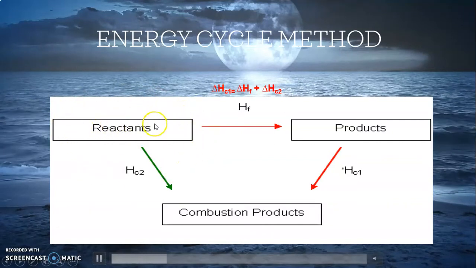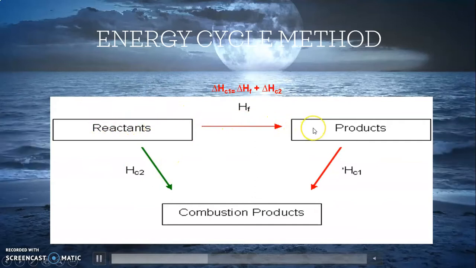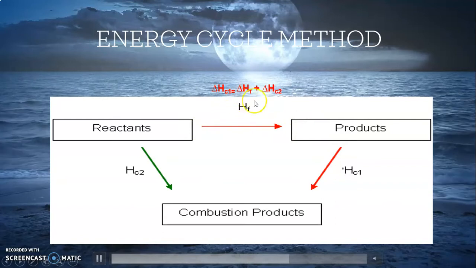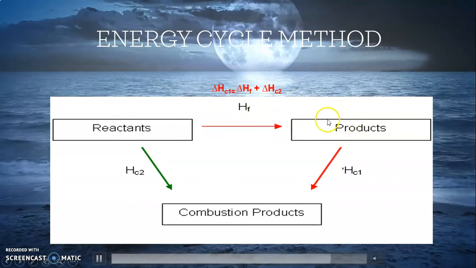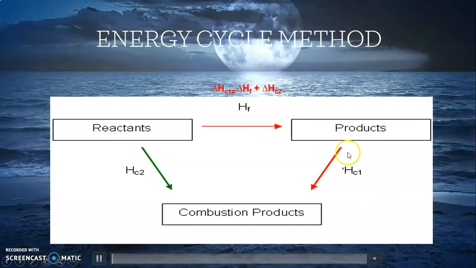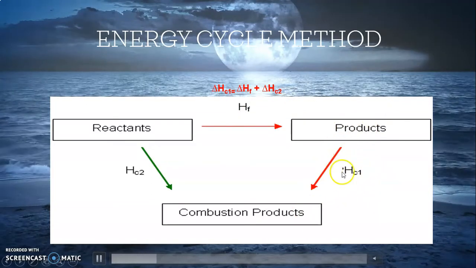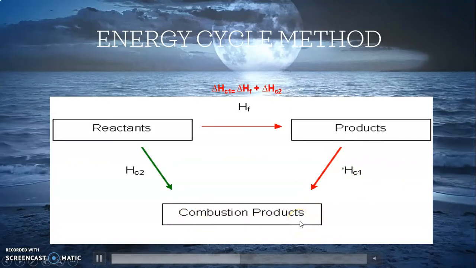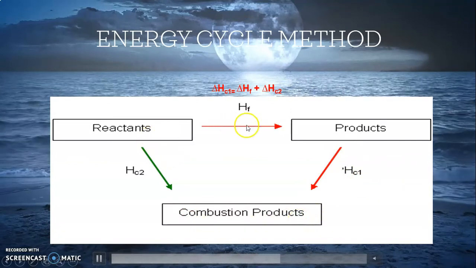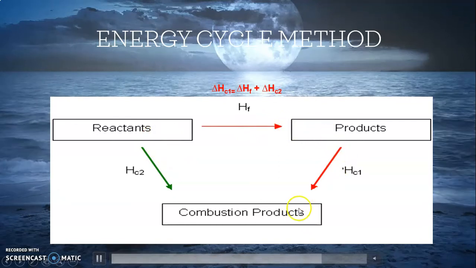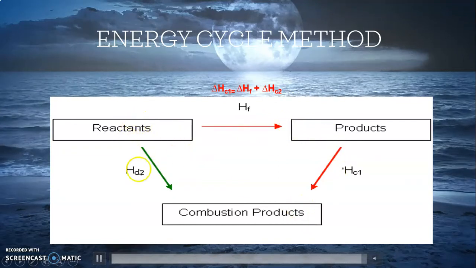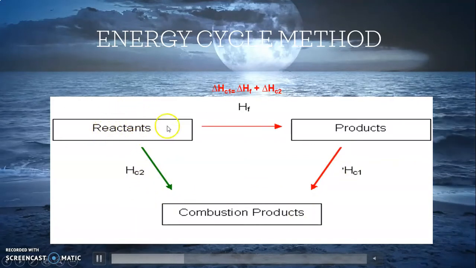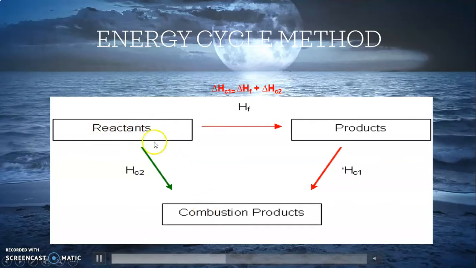And then the first reaction with its own enthalpy change of reaction, and then from here another reaction with its own enthalpy of reaction that produces the particular products. So this is two steps, step 1 and step 2. Now, another possibility is that the reactant is converted into the products